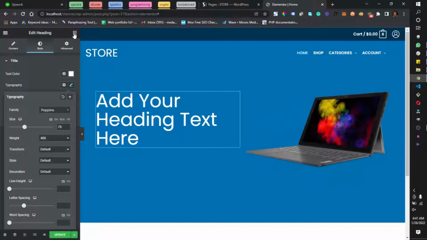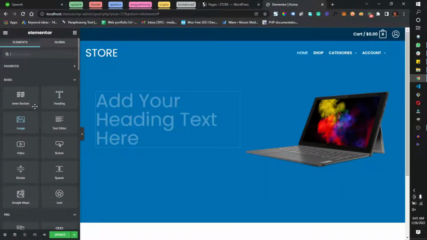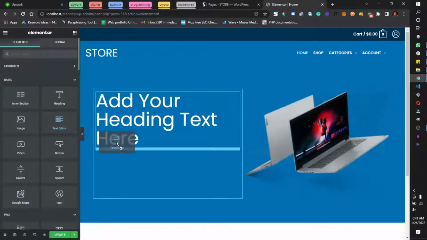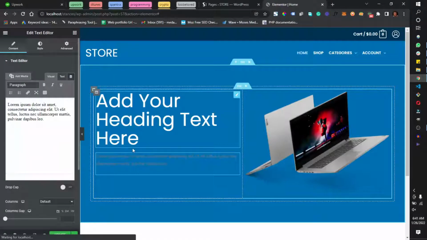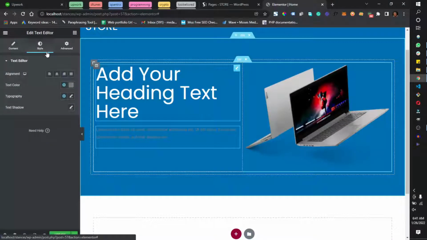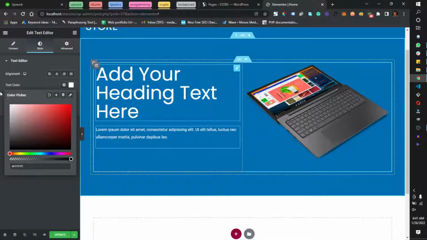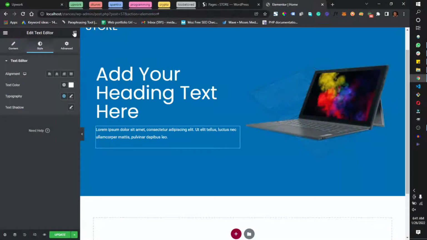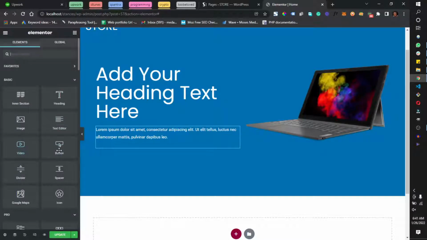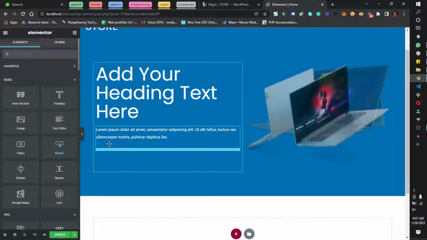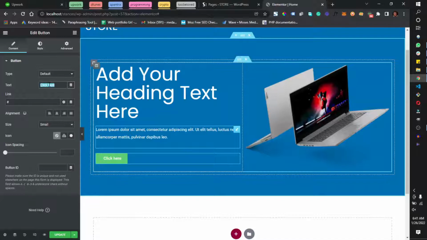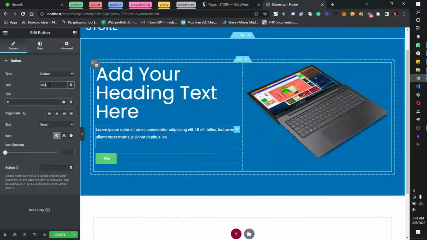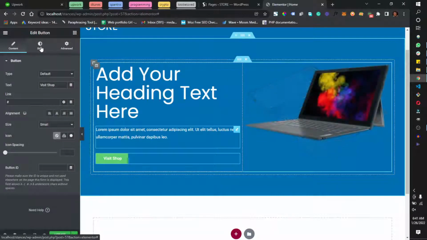Perfect. So the next thing I have to do is I'm going to drag in a text editor right here. I'm going to come to style. Now to make this pure white. Perfect. And the next thing I have to do is drag a button right here, and I just give this visit shop. Come to style,